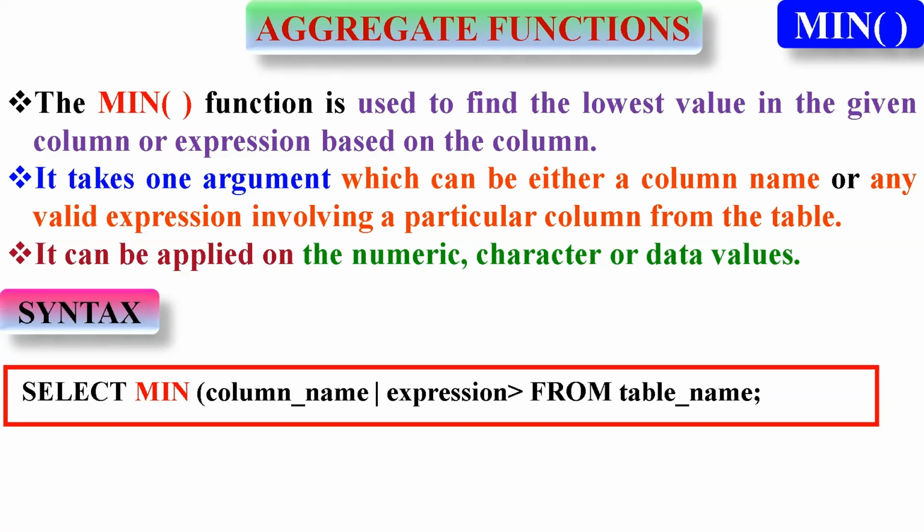Let's discuss about the minimum function. The min function is used to find the lowest value in the given column or expression based on the column. It takes one argument which can be either a column name or any valid expression involving a particular column from the table. It can be applied on the numeric, character, or date values. The syntax is select min(column_name or expression) from table_name;